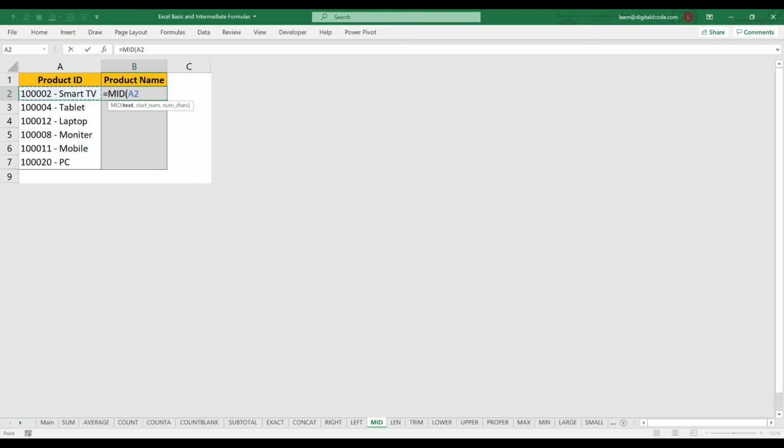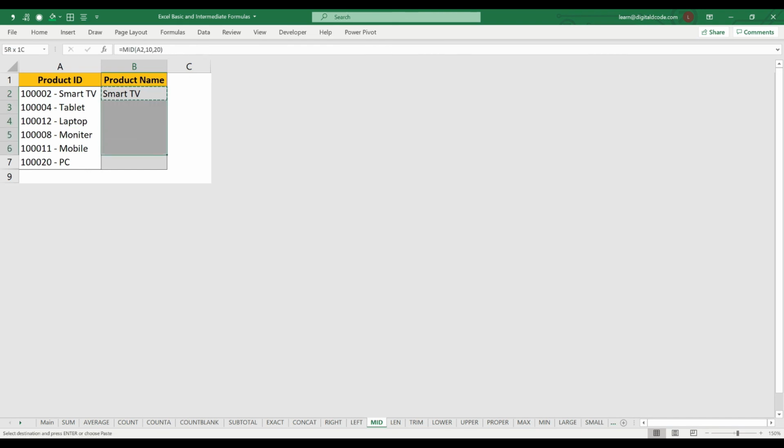So here, let me show using mid function how to pick only the name. First select the cell, comma, then the start number. So what is the start number for the product name? So we have a 6 digit code, then 2 space 1 hyphen. So 6 plus 2 plus 1, 9. So then the name is starting from 10 and number of character. So number of character you can give, I'll give 20 because it depends on the size you have.